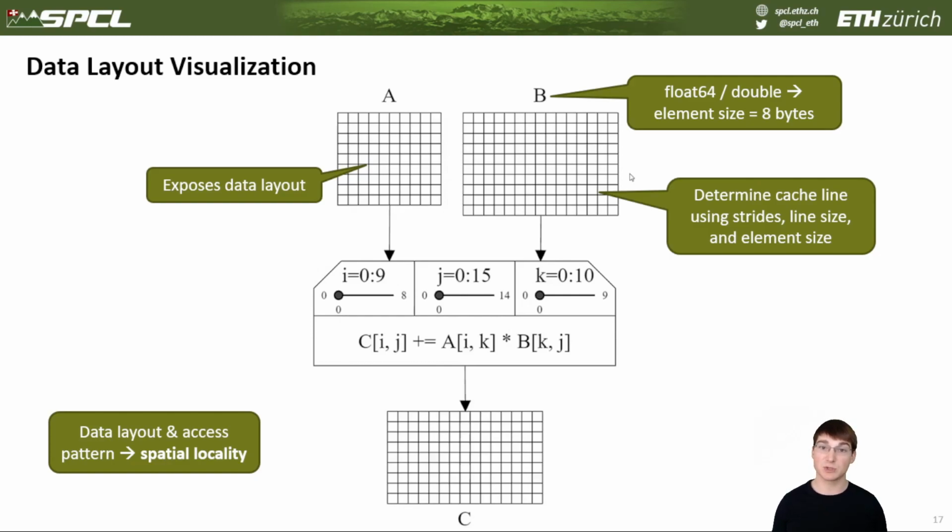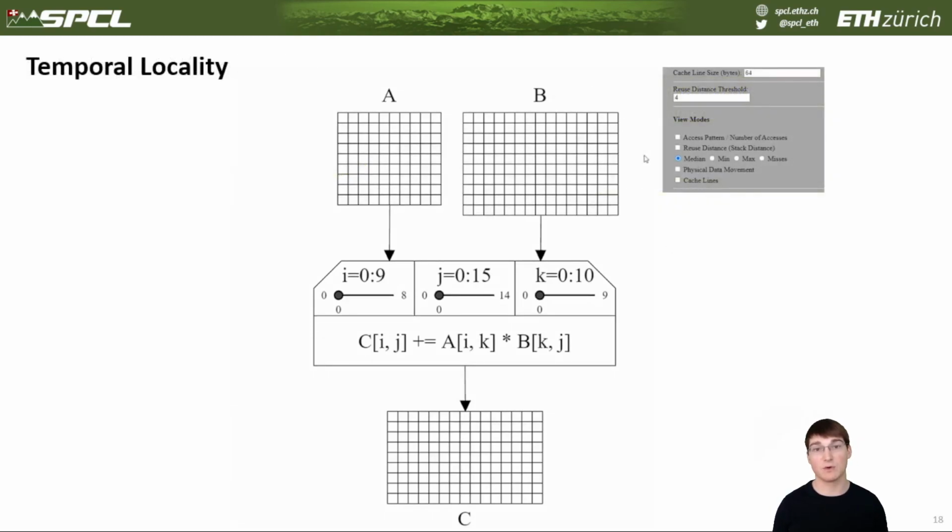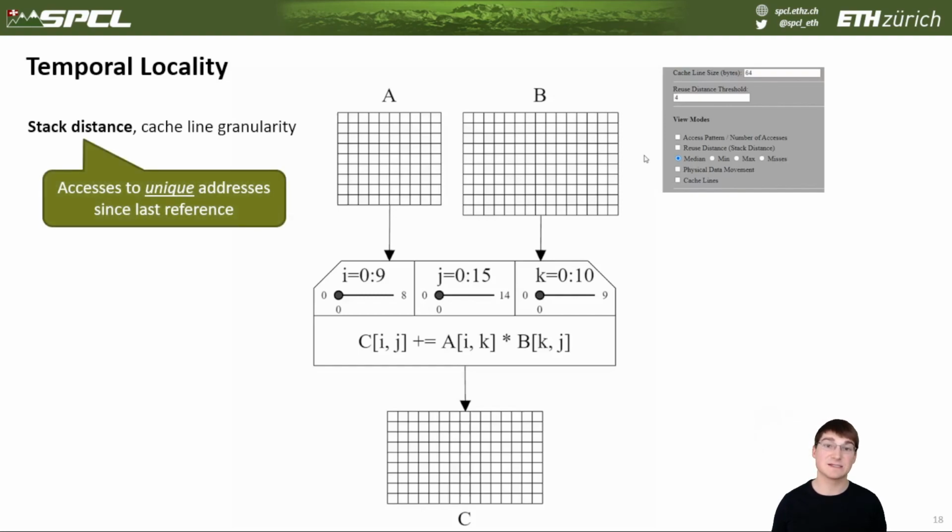The other side of the picture is temporal data locality. And so to get an idea of how efficiently we're using temporal locality, we have to get a metric with which we can measure temporal locality. And for that, we use the stack distance at a cache line granularity. That is the number of accesses to unique cache lines since the last reference to any given cache line. And now, because we know the exact access pattern, and for each of the accesses we know the associated cache line, we can essentially go through our access pattern and sum up the stack distances for each of the accesses